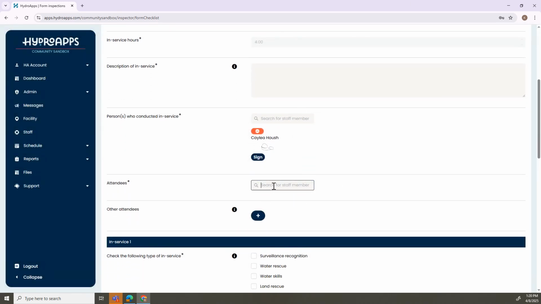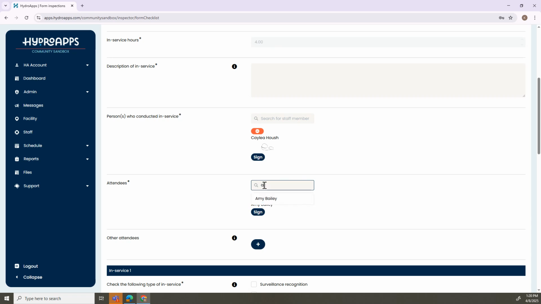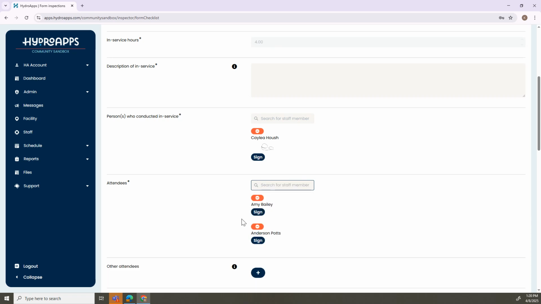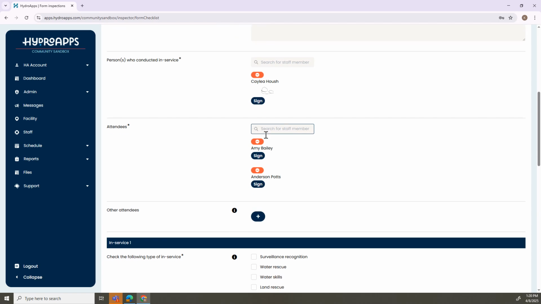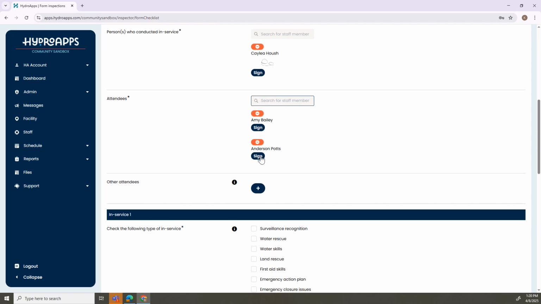You can preload people's names into the software, or you can have them search for their name and pull their name forward from the software itself. You are going to want to capture signatures, so you can either preload this with folks who will be attending that in-service, or they can find their name and then sign it to stay in accordance with the Model Aquatic